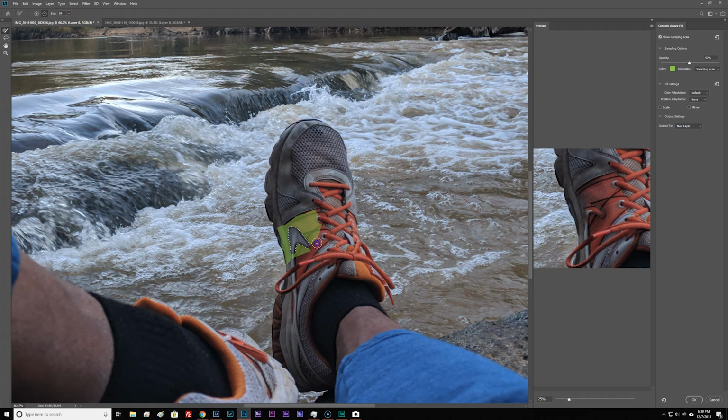What's really necessary is that extra orange part right here on the screen. I want to sample from that part there. So let's just wipe that away. If you need to shrink your brush down, you can using your bracket keys, just as you would any other time. So I'm brushing that away, brushing that away. All I want is the orange, like so. All right, so now if you look at the preview, that looks a lot better. So if I hit OK,